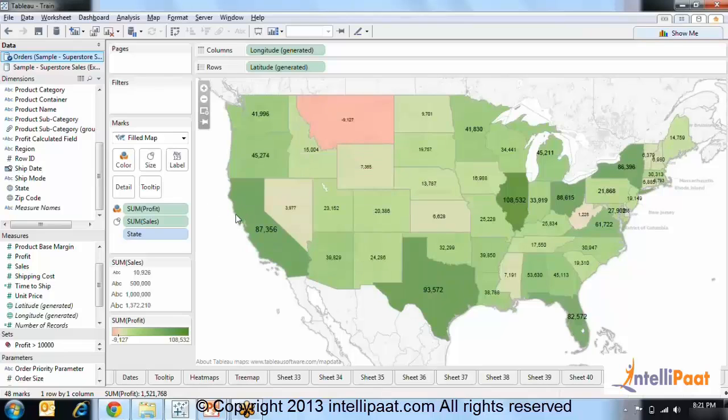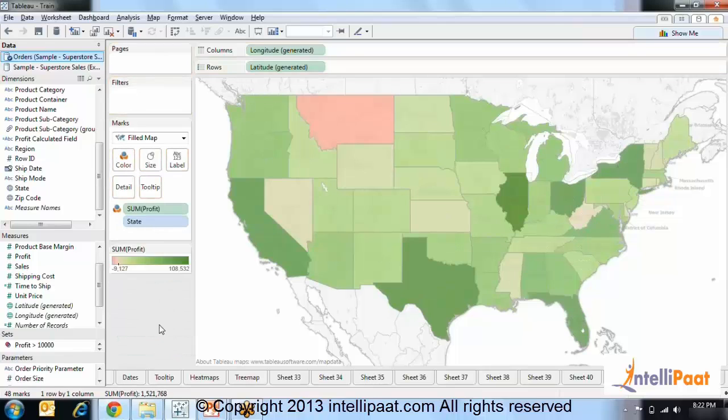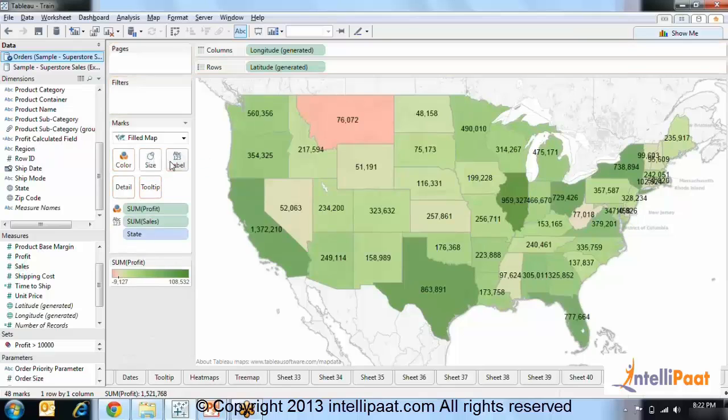So when I say a filled map, what it means is that it takes this map and then plots each of these states and then colors them according to the profit that we have right now. And right now, if you see this, you also have the label, which is the sales. And the size of this font is now based on the sales, which you can either choose to have or not have. So if you remove it, it will just go away, and then you can just have sales as a label,